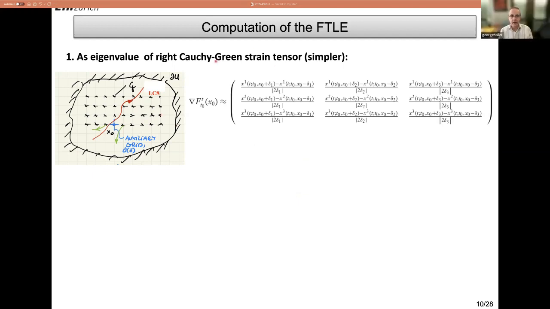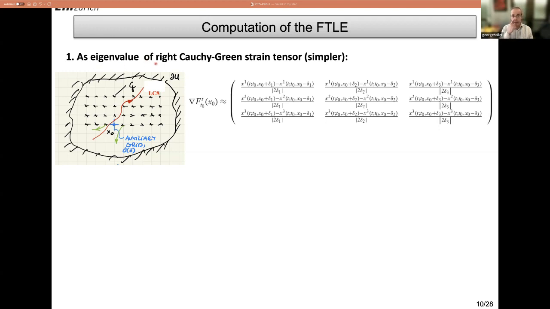So I just want to talk about the computation of the FTLE. This has been cleared up by now; this is no black magic. There are any number of little routines that you can download, or you can write your own. It's really not complicated, but there are some ingredients that come up in this calculation that will be important for other quantities. So basically, there are two fundamental ways you can calculate FTLE, either as I introduced it,